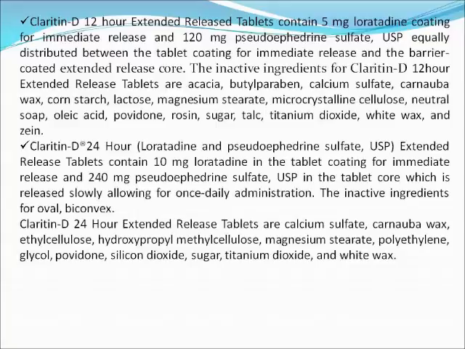Now we have Claritin-D 12 Hour extended release tablet, which is a combination of loratadine 5 milligram coating for immediate release and 120 milligram pseudoephedrine sulfate, also given orally as a route of administration. And finally, we have Claritin-D 24 Hour. This extended release tablet is a combination of 10 milligram loratadine coating for